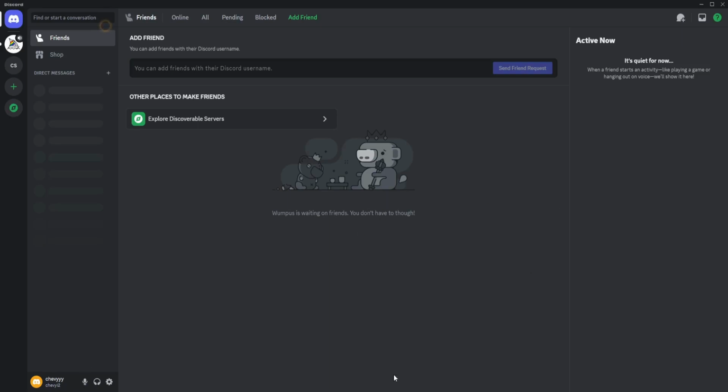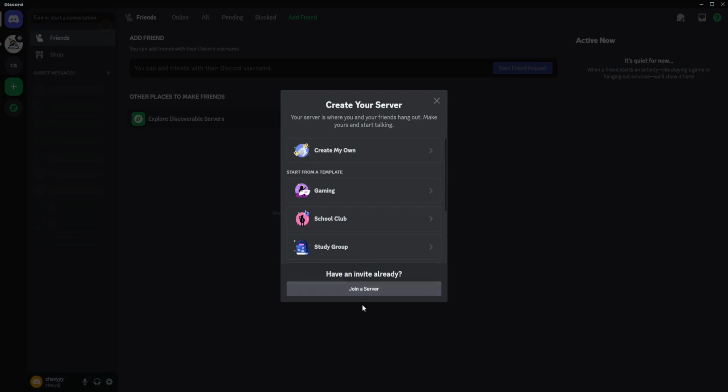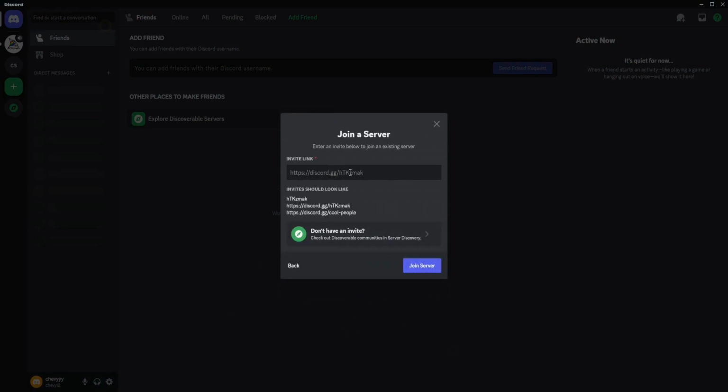So as you can see, we're currently on Discord desktop or PC. So just click on add a server here, click on that, and click on join a server here, and you'll see the invite link. So you don't have the invite link, right? So you'll just need to type this